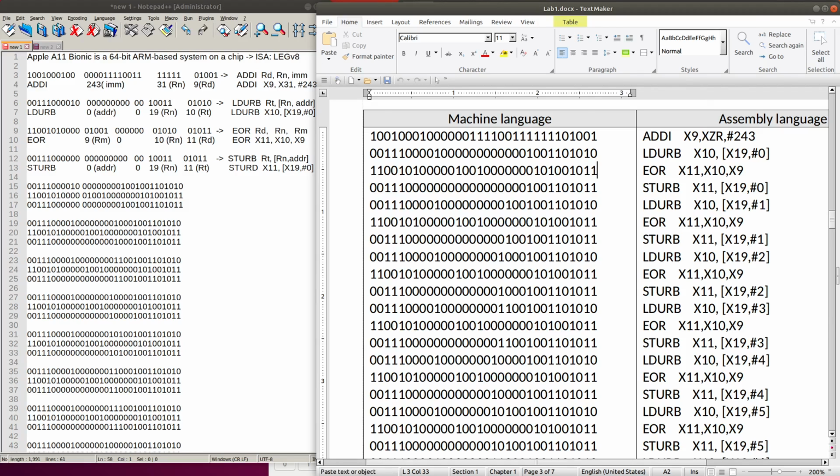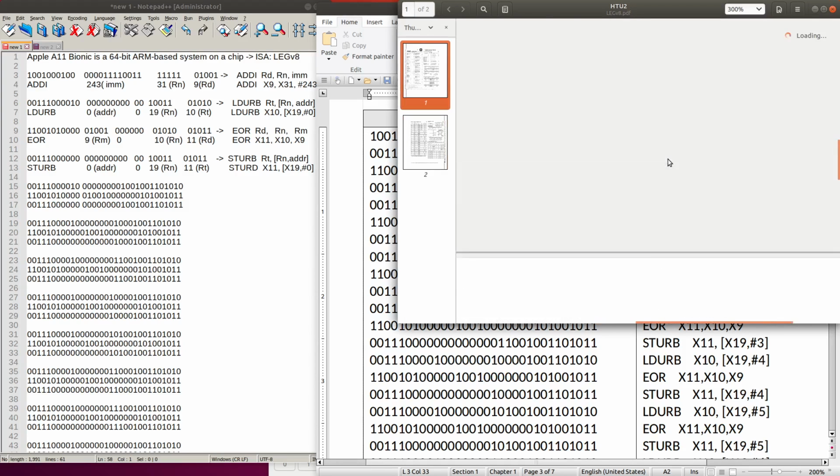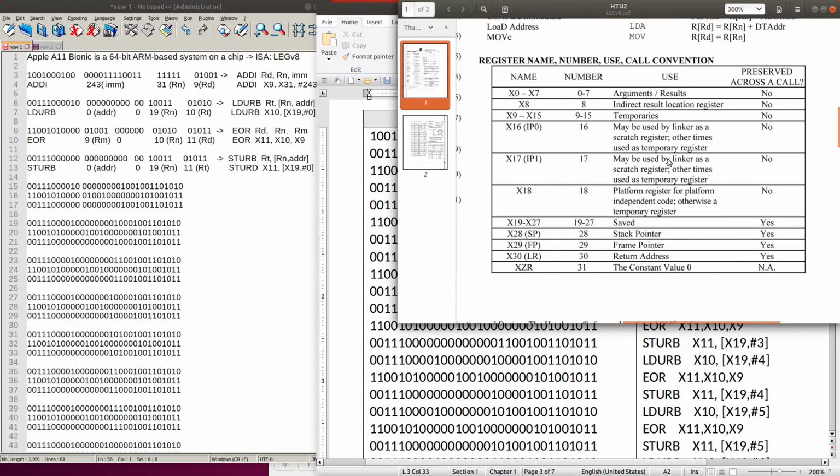If you look into this table for register names, you can see that register number 31 will be XZR. It contains the 0 value, and it is specially used for value 0 only.